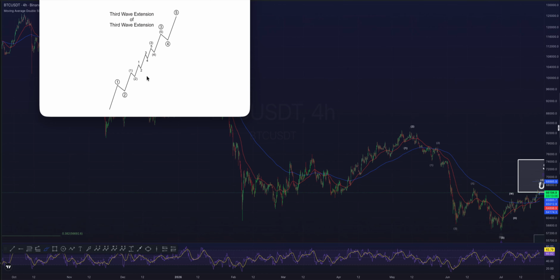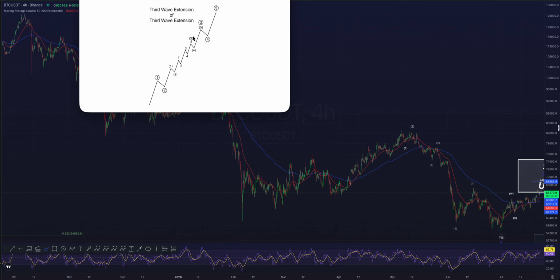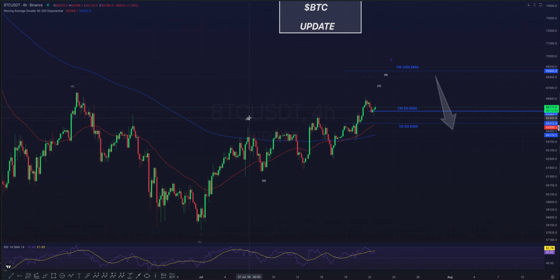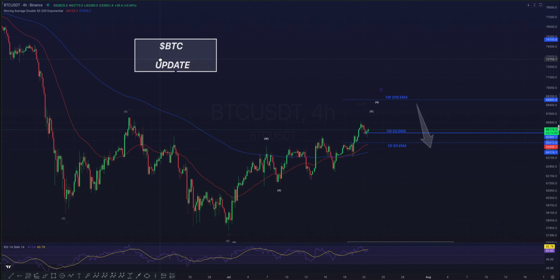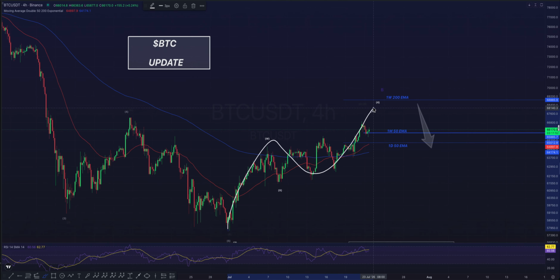And many times this is how an impulsive phase looks like. Okay, this strong five-wave move up. And this is a corrective phase of the move in all markets and in all assets. Okay, and this is something we are seeing right now on Bitcoin on the way up. And this on the way up is not what we would like to see. This is something that we would like to see from the bottom.